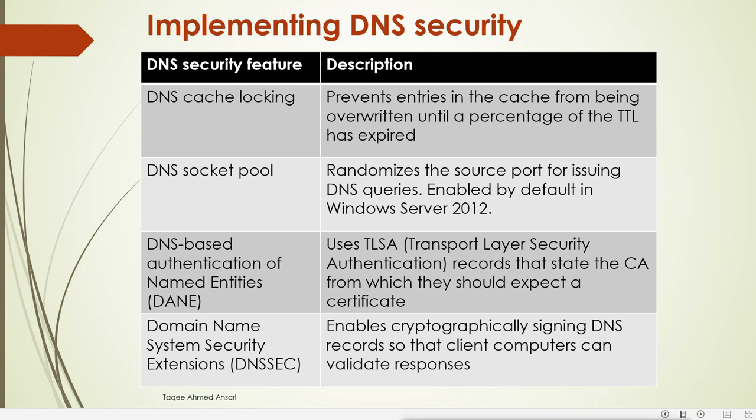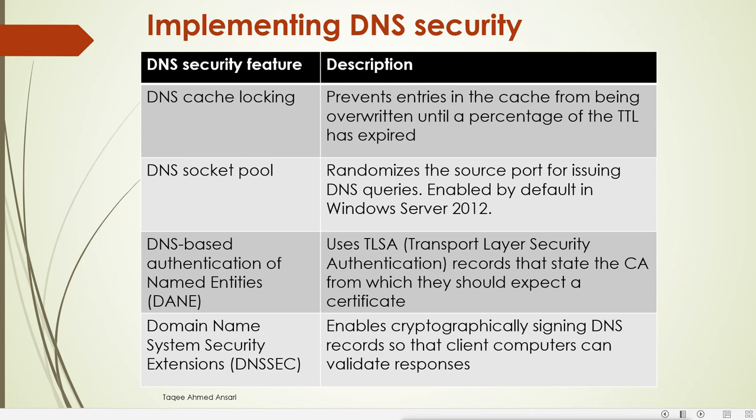So what do these DANE records do? We configure the certificate authority link, so that when you want to connect to this service or server, it specifies which certificate you want and which certificate server to go to. This will save us from the man in the middle attack, where the attacker tries to provide a false certificate, get in the middle of the traffic, and extract the information.